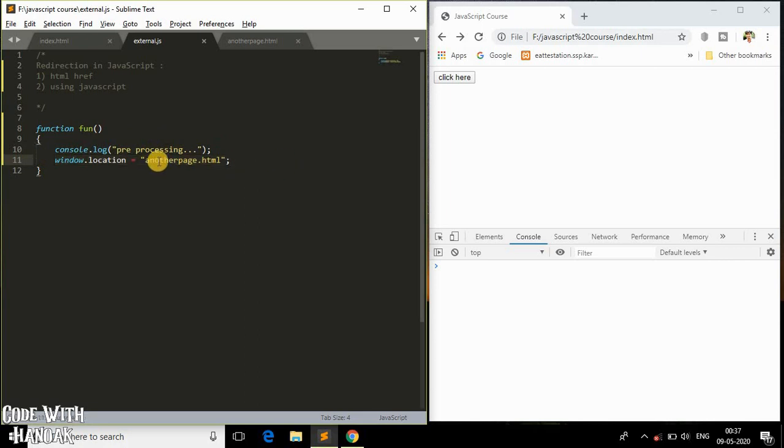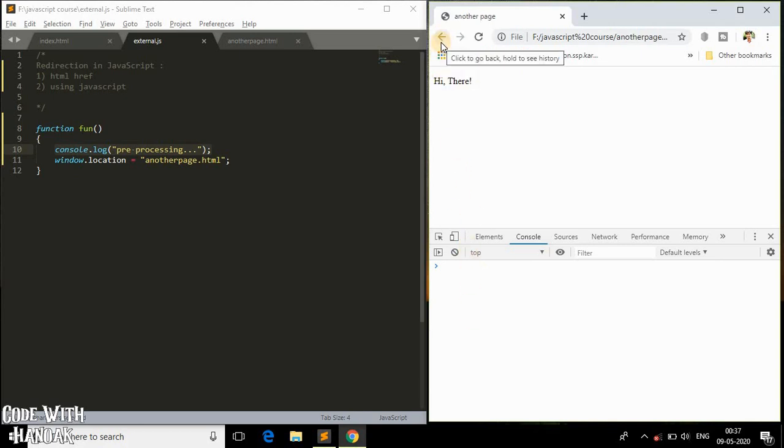So you need to get this printed in the console before redirection. Just observe the console while I click that button, and as you can see, you got that, right? If I go back and do the same thing, it's printing in the console in this page, right? So it is what it is, guys.